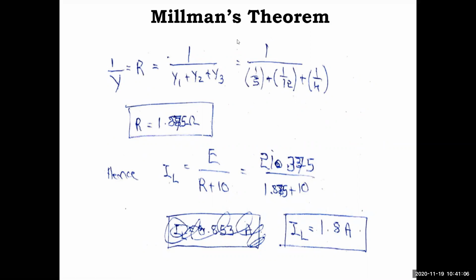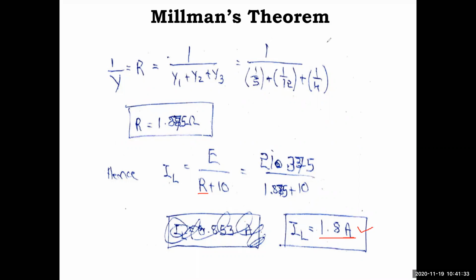Okay. So since resistor values are in ohms, the current value will come in amps. In case resistor values are in kilo ohm, your current value will come in milliamps. Okay. So just remember this always. Okay. Writing units is very important. So what did you get? 1.8 amps. This is my answer. Just cross verify. Okay, hope it is clear. Very simple, no problems, not as difficult as superposition.